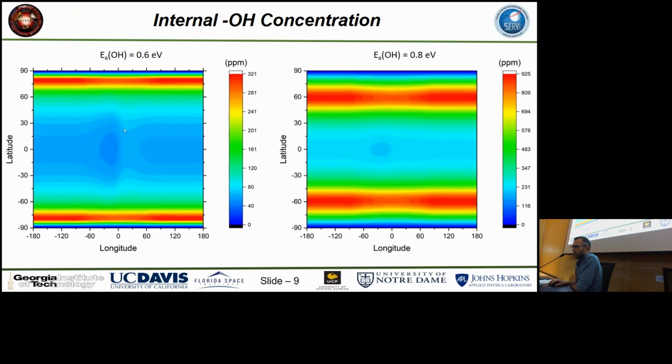And this little blip right here is what Tom talked about, right? As it goes through the full moon and it's behind the Earth, the solar winds should shut off, right? And the fact is that we don't see that, which would imply that there's some sort of non-thermal process here. This is in agreement with the paper that was done by O.J. Tucker and Bill Farrell as well, that did a similar model where they show that there's this kind of artifact from going into the moon shadow. The other point here is that the low energy is matching more of what we see in observations, which I'll